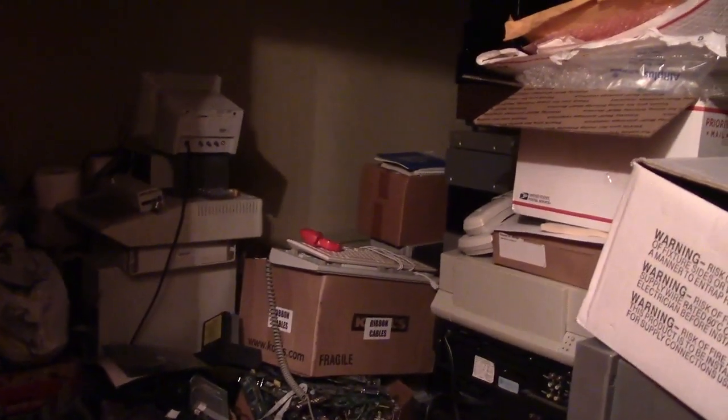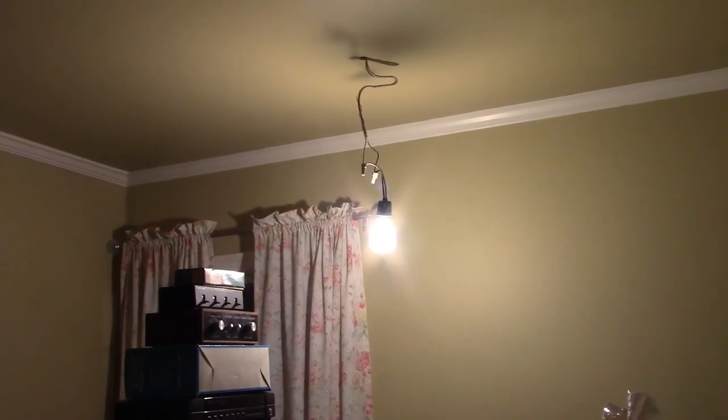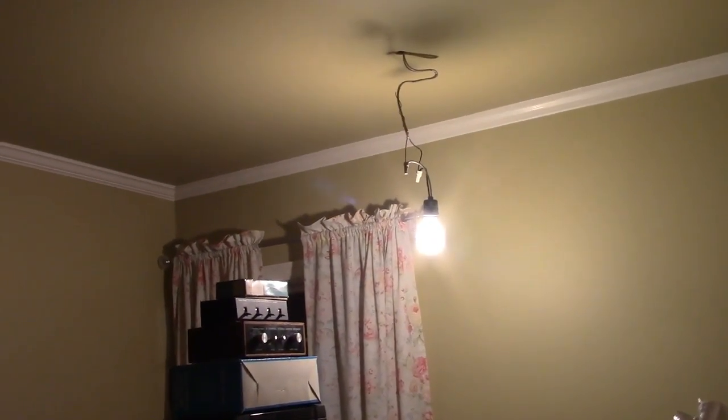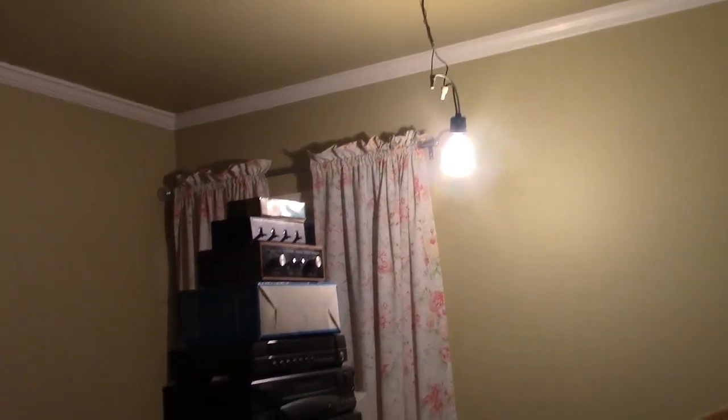I don't think I've ever shown this room on video. And I've opened the door for a reason. This room is a small room in the house, and it's just a junk room, as you can see, with all of the stuff. It did not have a light fixture, so I just wired in a temporary incandescent. Thank you very much. And that light serves quite well. I wanted to put like a track lighting thing in here or something. I think that would be nice. Of course, that depends on clearing this room out, and